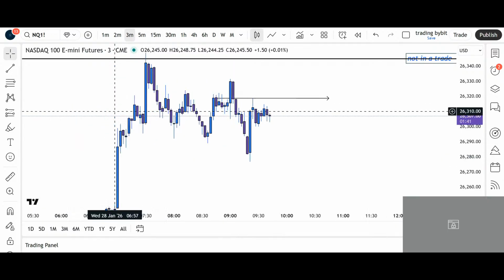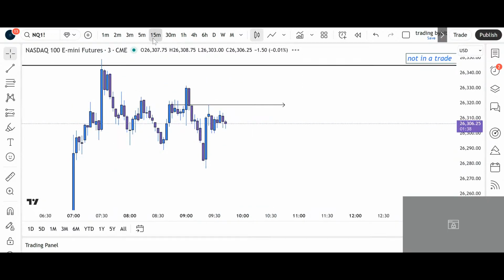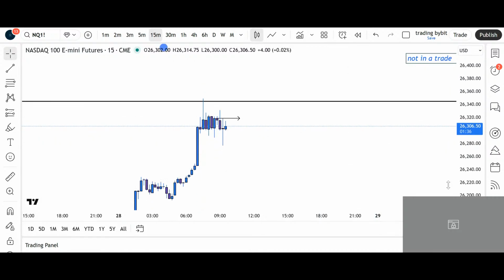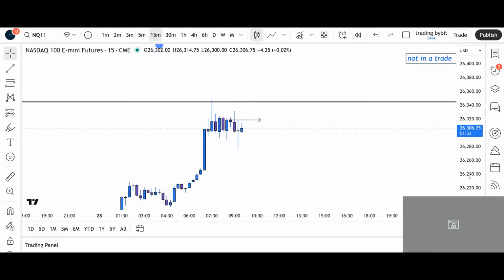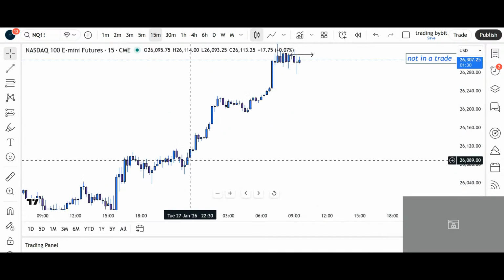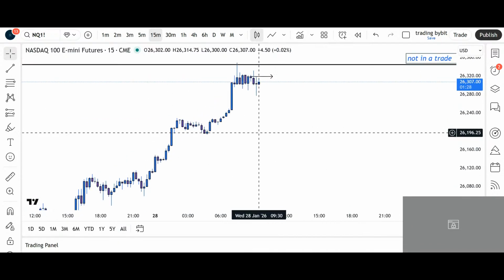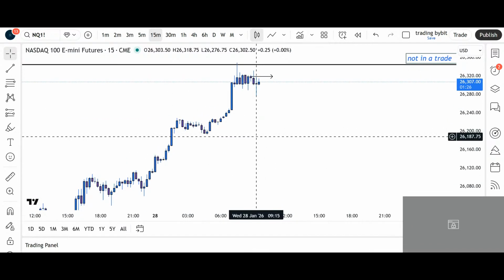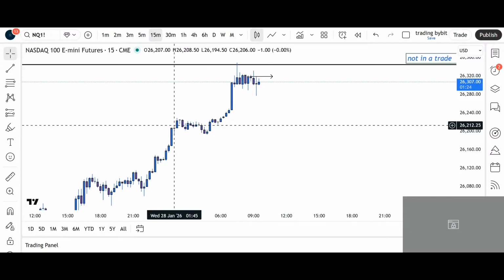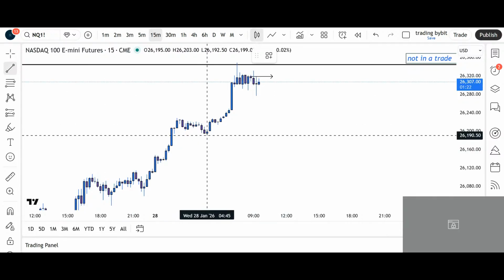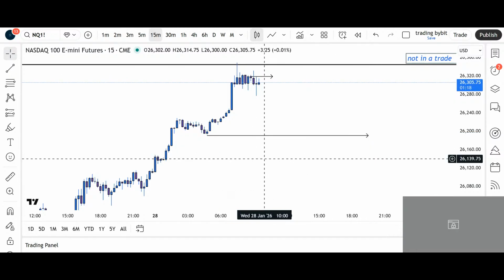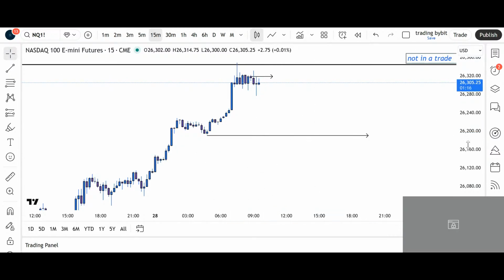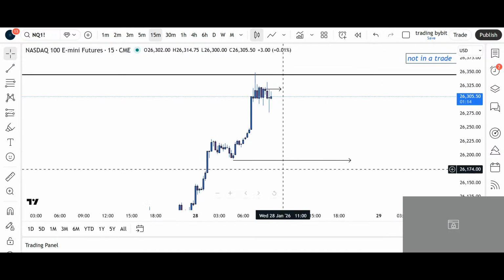Today can be a bit choppy. Again, the reason why is there's FOMC news coming out, and then the market can be choppy in London, especially after the 200-point move already up. So what I see happen in FOMC? I see FOMC go all the way down to like this area, a very strong spike down to like this area, then immediately have a flush back up. So at 3:30, this can happen.